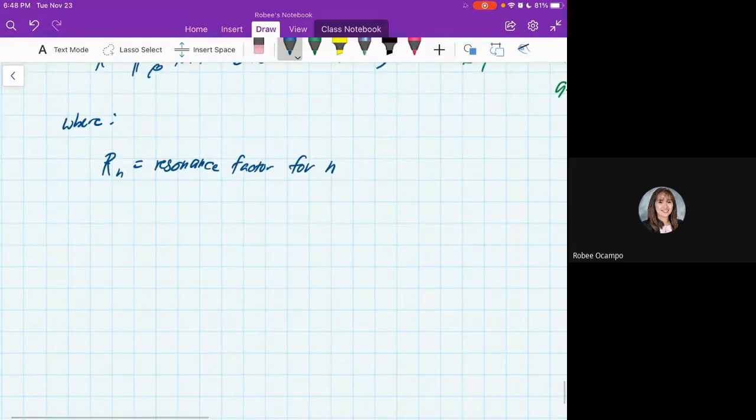And our Rn is equal to 7.47 N sub I over 1 plus 0.3 times Ni raised to 5 over 3. Okay? So